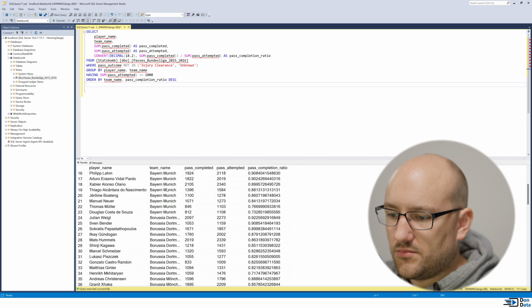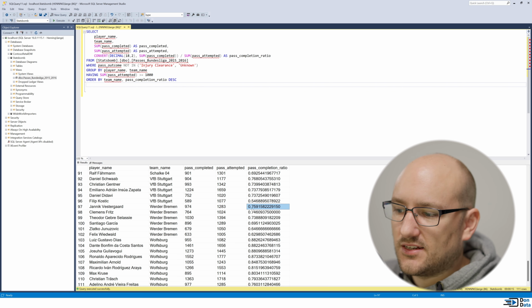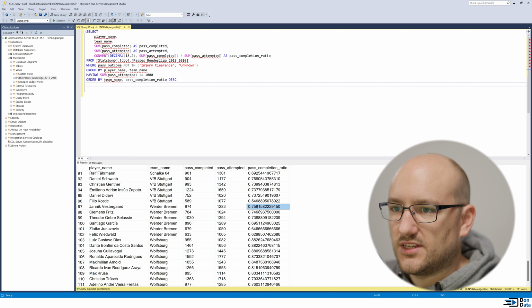And my club, let me scroll a little bit through here, would be Werder Bremen. We have Yannick Westergaard with 75.9% pass completion ratio. And there you have it. The group by and the having clause in SQL on a practical example, finding out that Joshua Kimmich was the